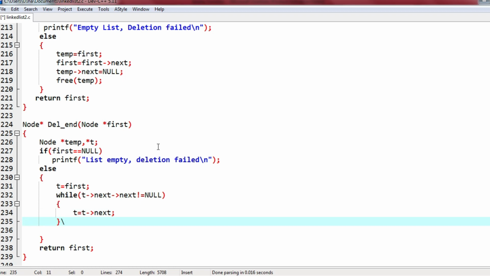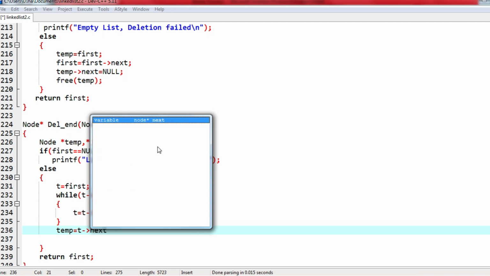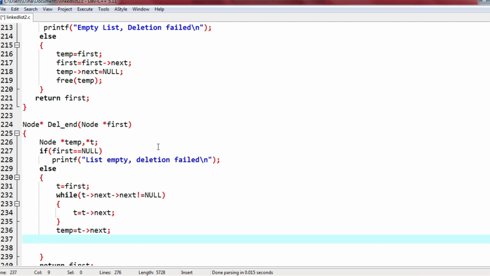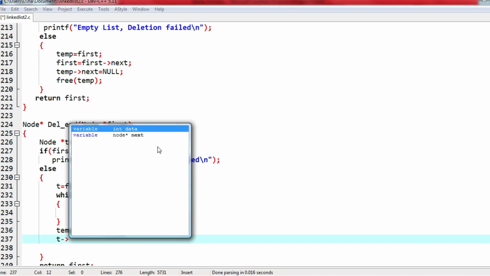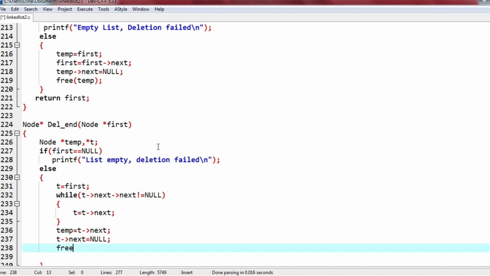Okay, so once we are there, that is just before the previous element, here I will assign temp is equal to t next. So the last element I have assigned to temp. Okay, now I will make t next as null, means I am detaching the last element from the list. Next free temp.